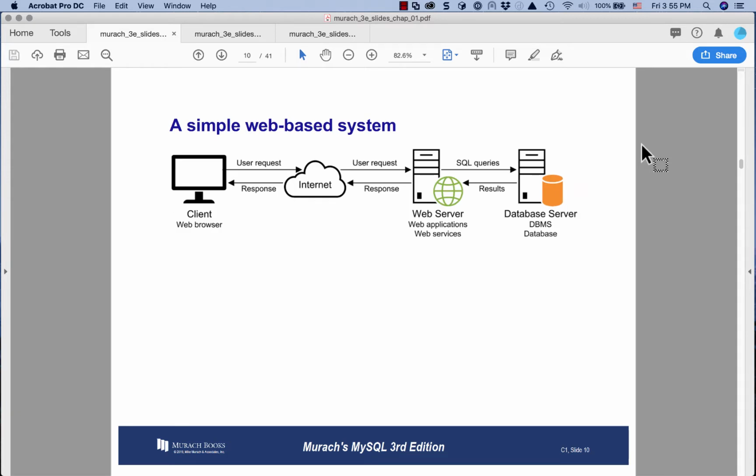Okay, and in order to think of this as a web application, you just have to add some more details. So here we call this a simple web-based system. And what are we doing? Well, we're saying that the network between the client and the web server and the application server,